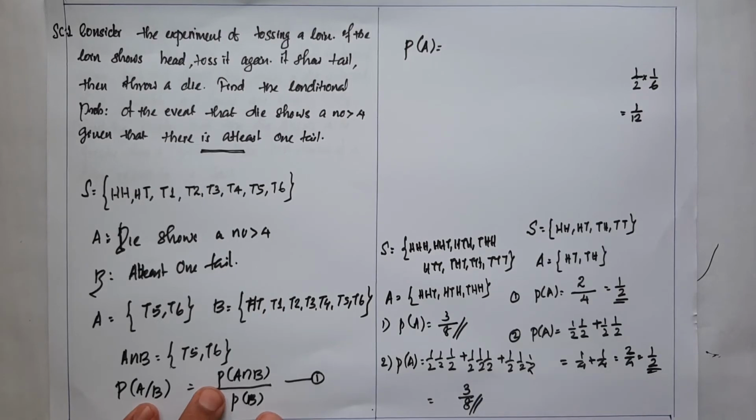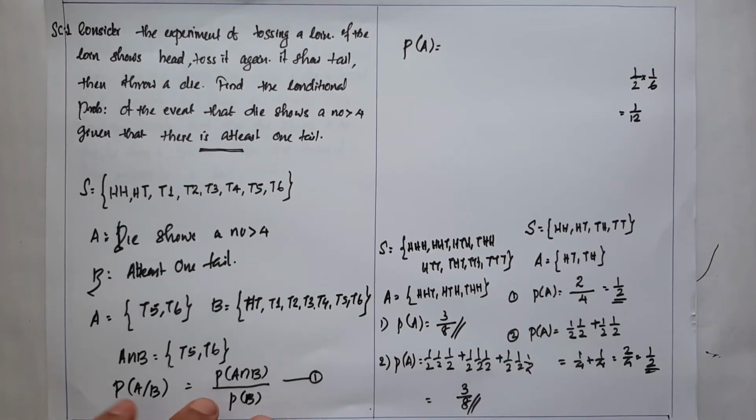It's the second method. These are easy because the experiment contains only one experiment, that is, for the sample space